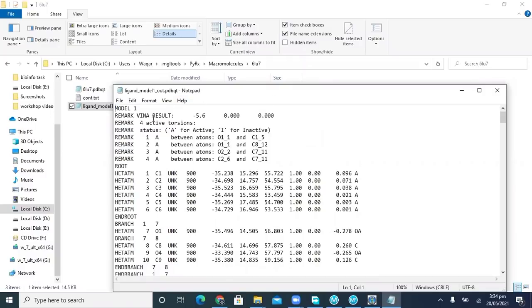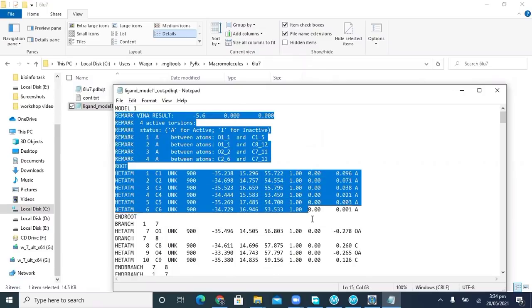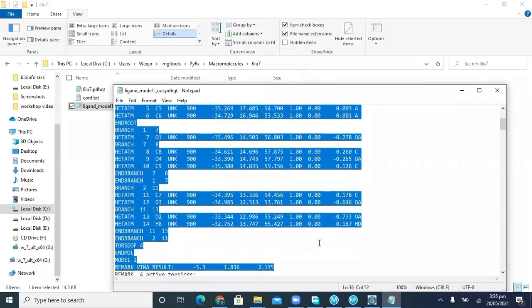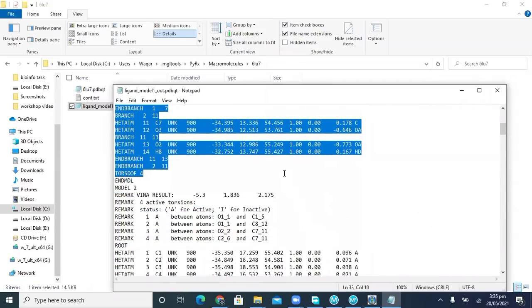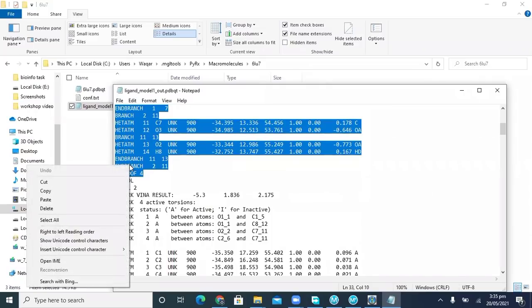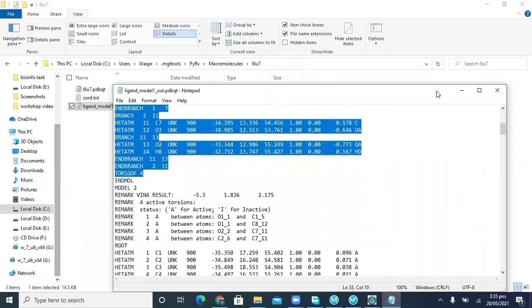So this is the model, and we will choose and copy this from here, above the end model.